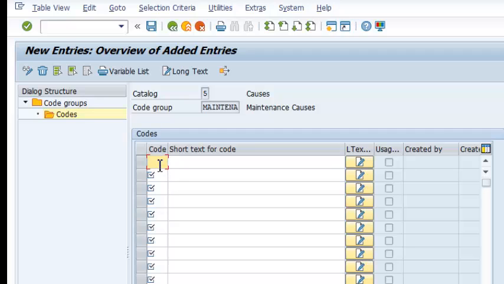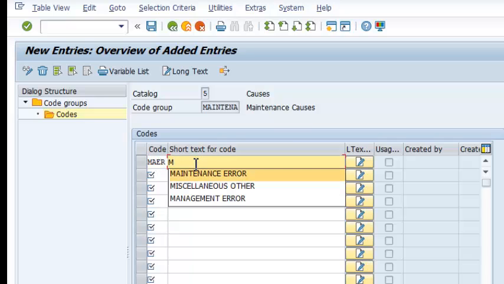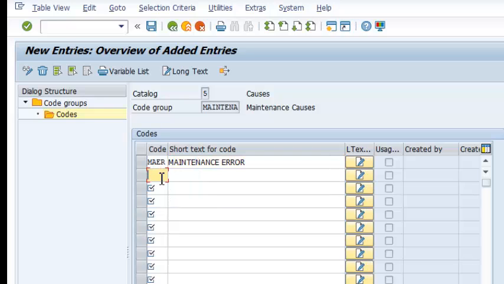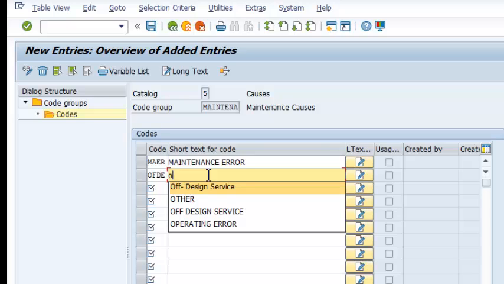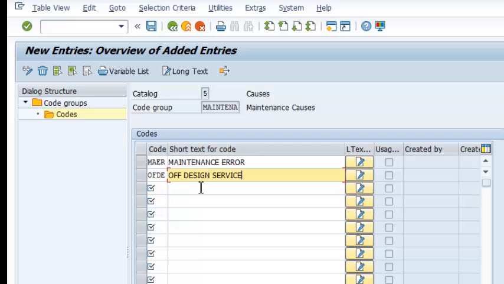The first one could be maintenance error. You can call it maintenance error. The second one could be something like of design service. So again, we have our catalog as 5, which is courses. Code group is maintenance courses, and the codes under this code group are maintenance error and of design service. So again, we hit save,